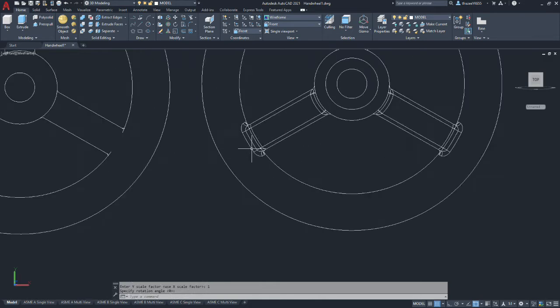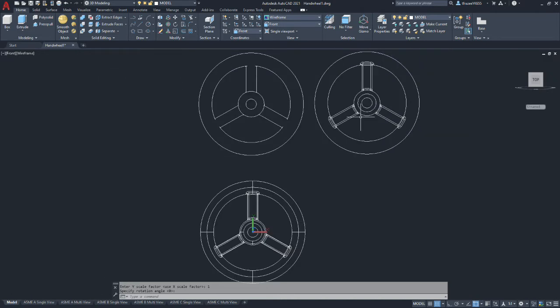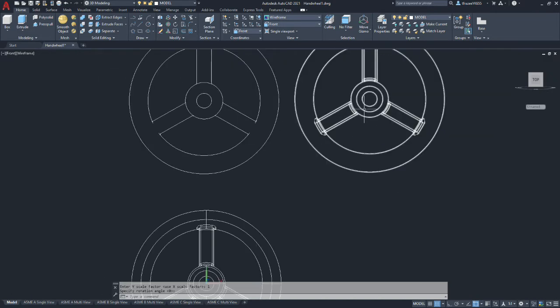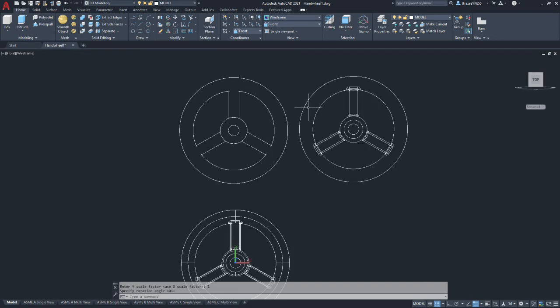This is more detailed, but representatively, we have a few things here that are going to show up as hidden lines, like this tangent edge here. This other circle is the tangency point of the hub on the opposite side of the part. So somewhat preference. Some companies prefer to have all their drawings one way or the other. For simplicity, we're going to go with this one. I just wanted you to see the option of display. This would be a correct display.